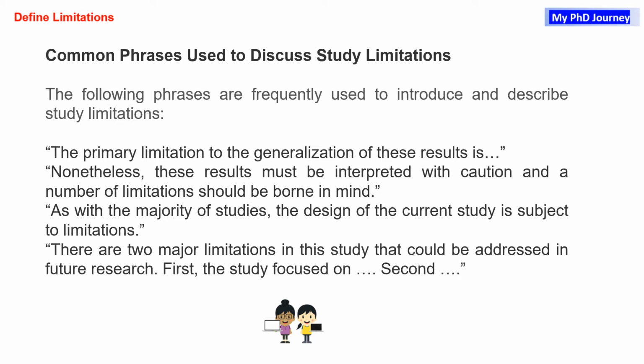Common phrases used to discuss study limitations. The following phrases are frequently used to introduce and describe study limitations. The primary limitation to the generalization of these results is. Nonetheless, these results must be interpreted with caution and a number of limitations should be borne in mind. As with the majority of studies, the design of the current study is subject to limitations. There are two major limitations in this study that could be addressed in future research. First, the study focused on. Second,